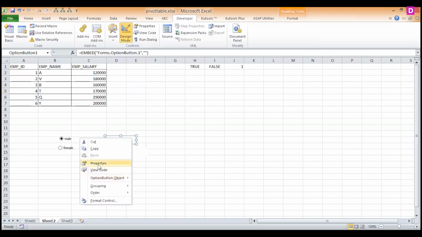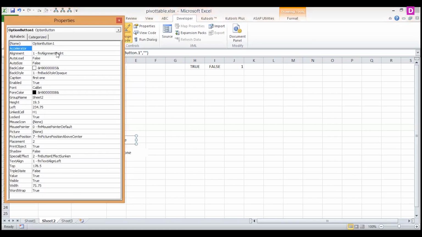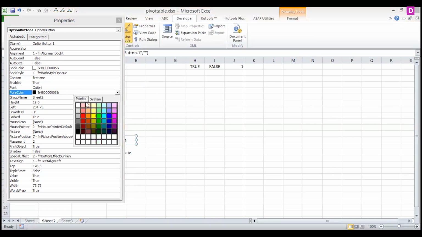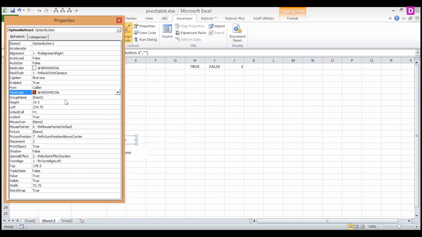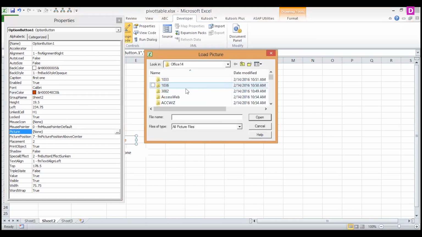For example, here is a property. Here is a different alignment. Alignment is right. Then we want to change this color also, system color, or we want to use this color also. Height, width, pictures positions. If I am saying this pictures positions, if you want to use any pictures,